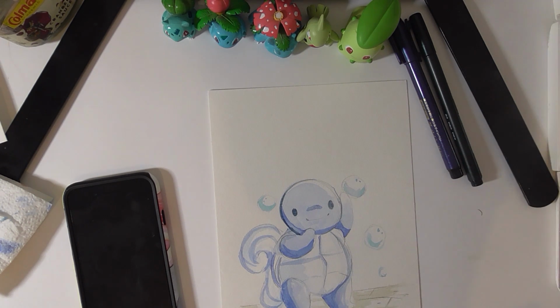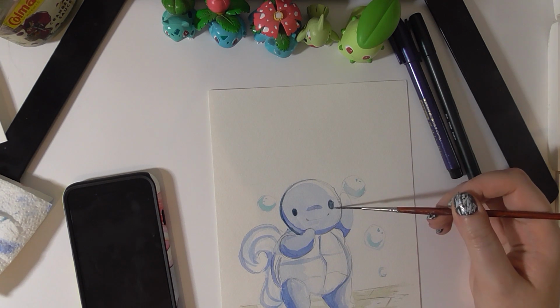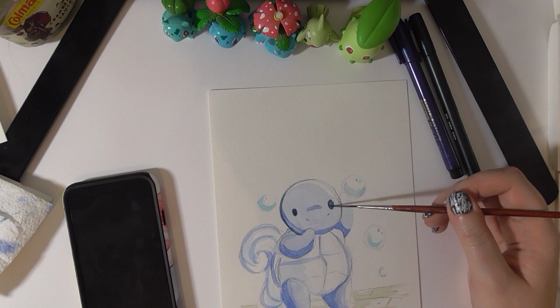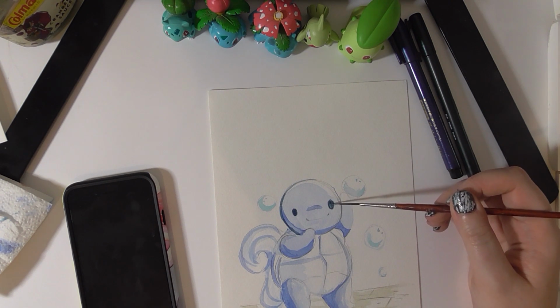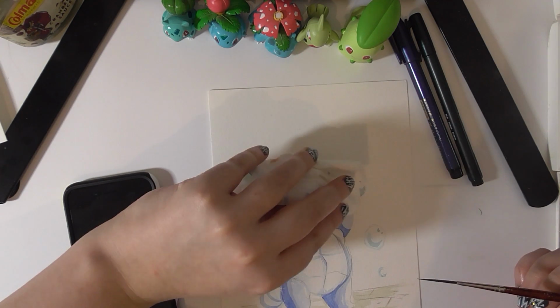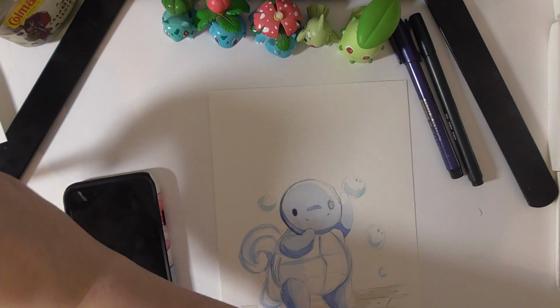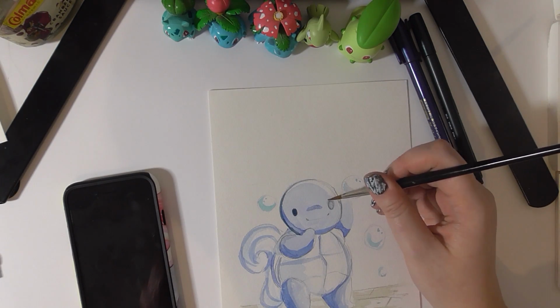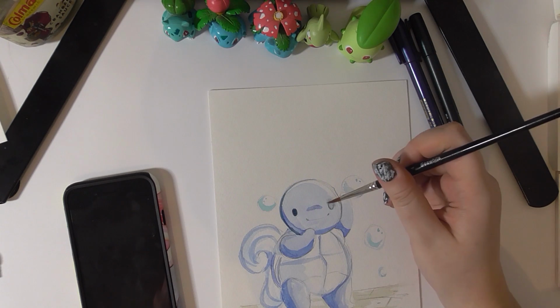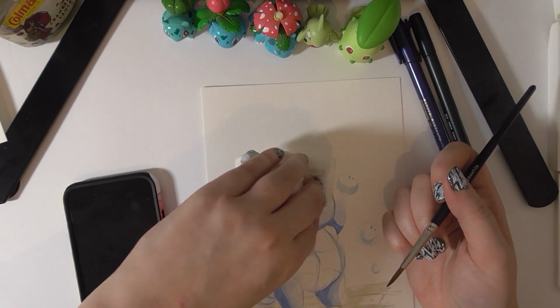Colouring his dead soulless eyes. Joke, Squirtle's eyes are really cute. Except that one's too big. No. Okay, so what you can do if you mess up with watercolour, what I tend to do is add a bit of water around it, and then use some